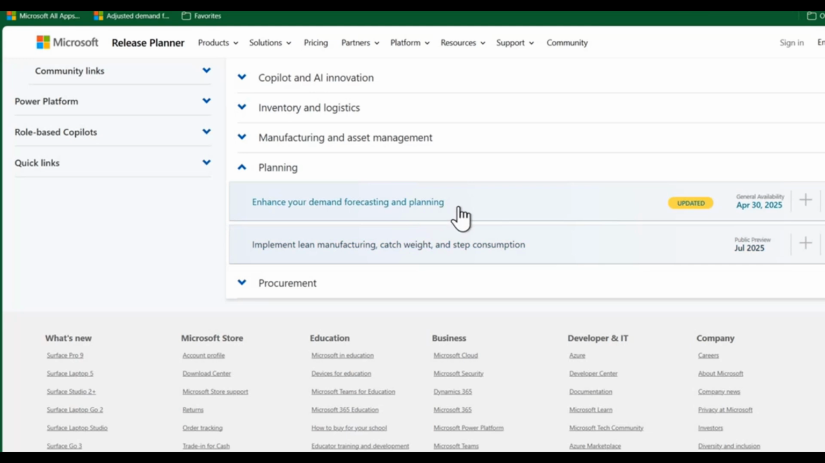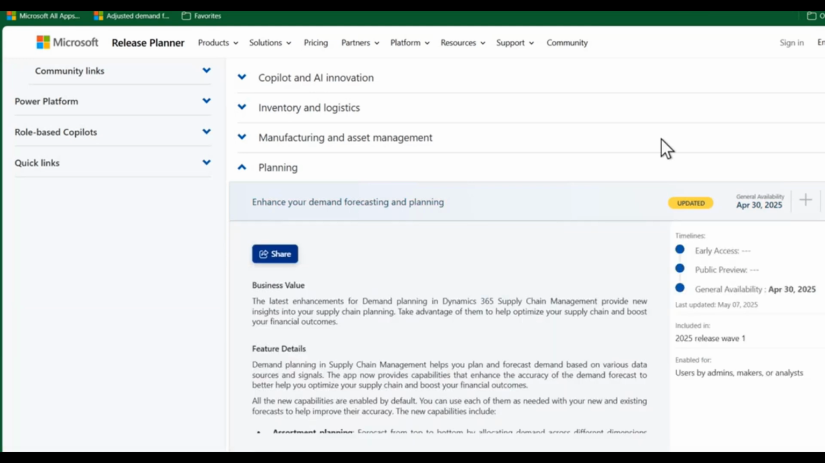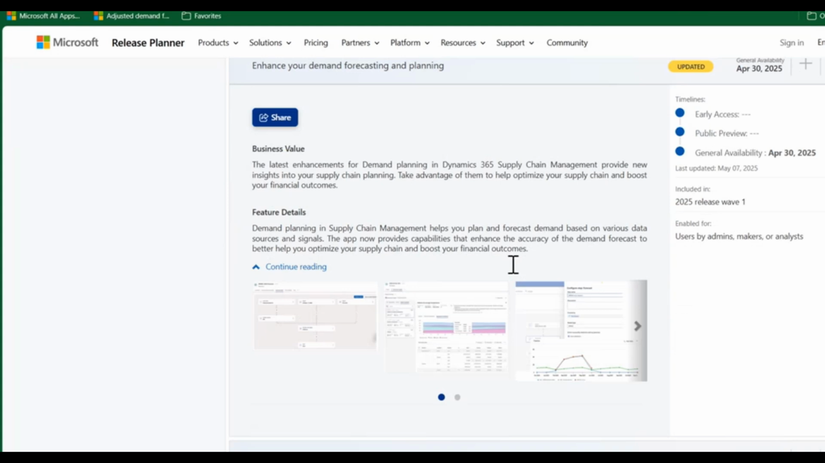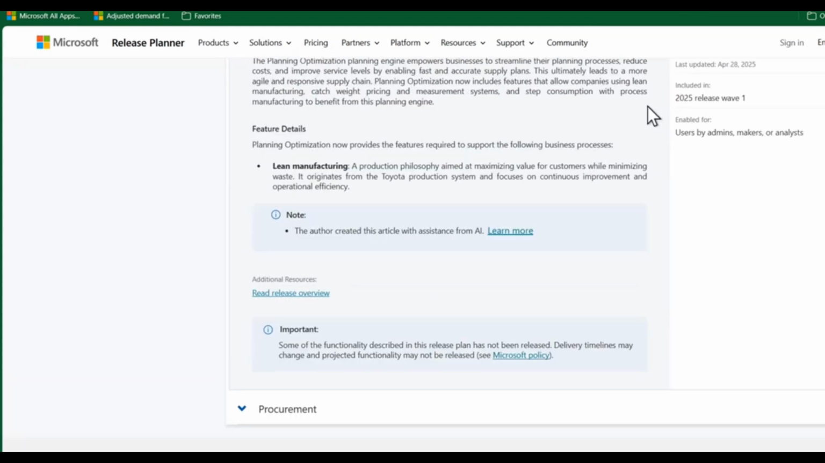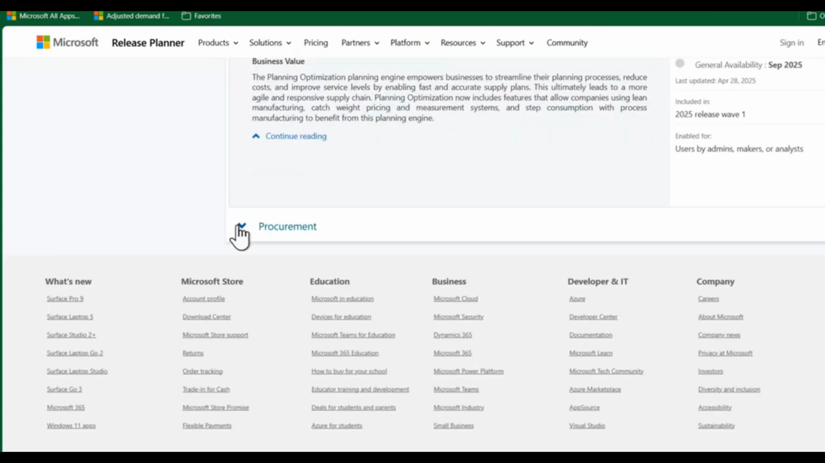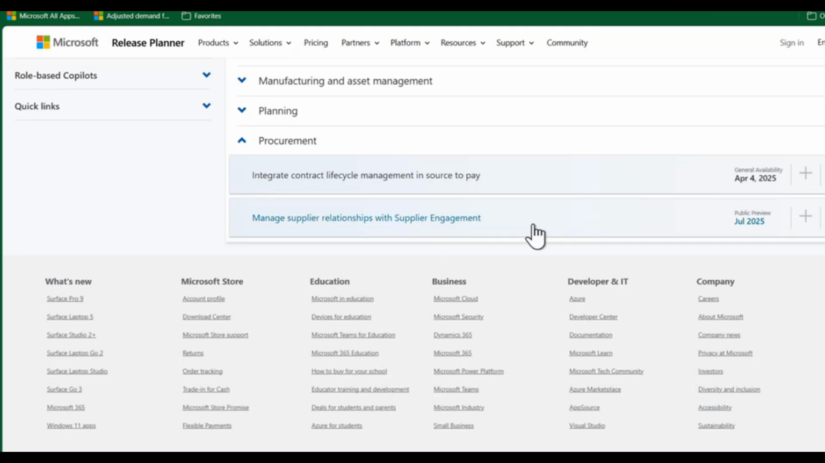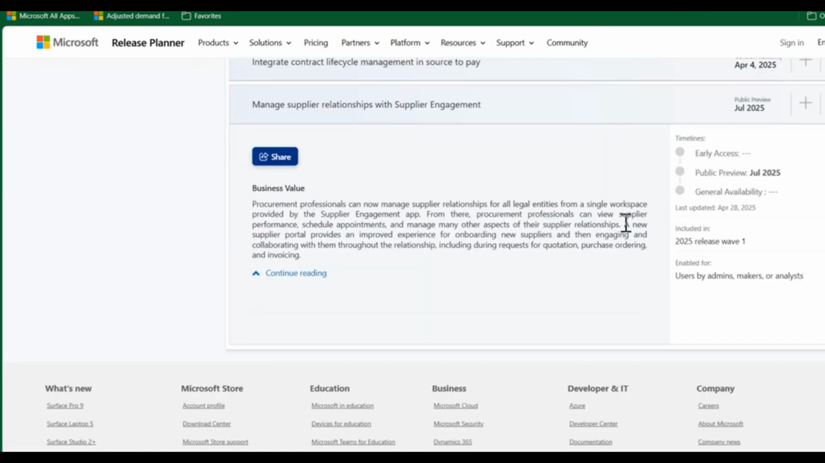We can see in planning, there's demand forecasting and planning features available in lean manufacturing, catch weight and step consumption, and now we have more procurement features as well, like managing supplier relationships with supplier engagement, which is a public preview coming in July 2025. So they are showing business value of something to expect to come later this summer that is not released in any preview yet or generally available, which gives you a good landscape of what might be to come next to